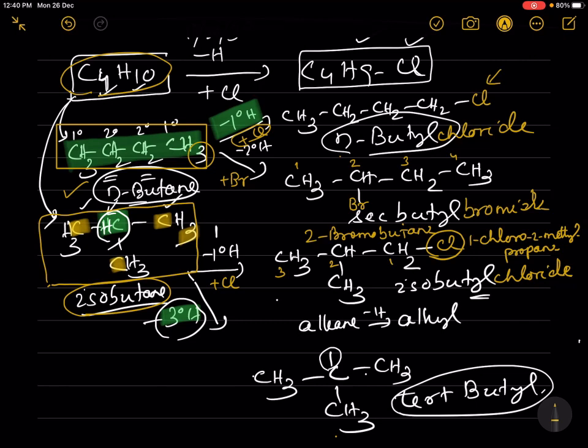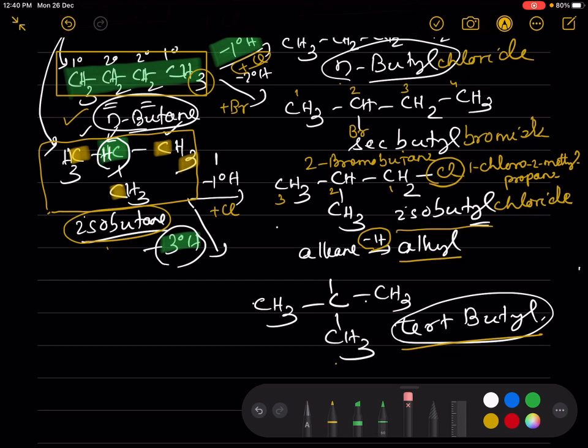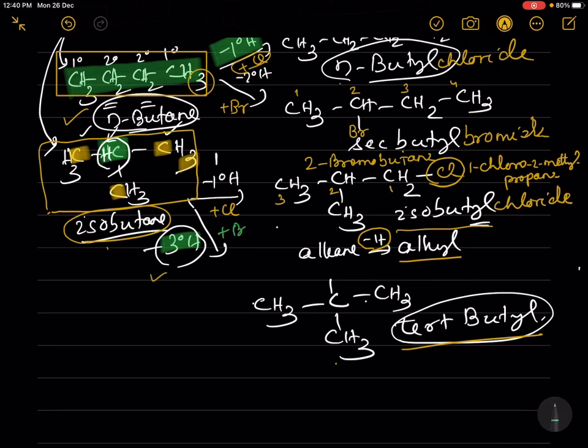If an H atom from an alkane is removed, you will get an alkyl group. Then isobutane can give two types of alkyl groups. This is isobutyl and this is tert-butyl. How? By removing a tertiary hydrogen atom, you will get tert-butyl. Isobutane contains one tertiary hydrogen atom, so you can remove only one tertiary hydrogen atom and a bromine atom substitutes that tertiary carbon. So you are getting a bromine over here. This is tert-butyl